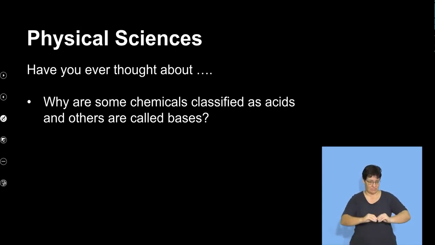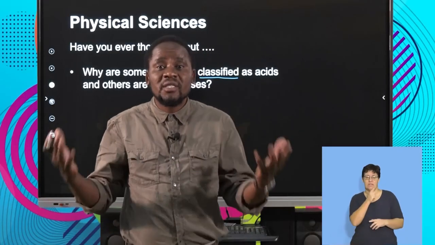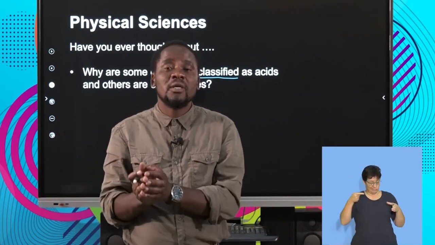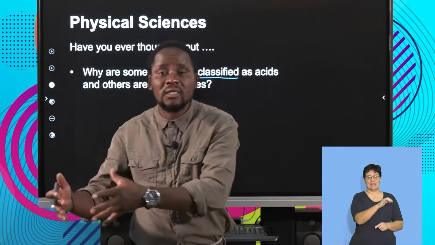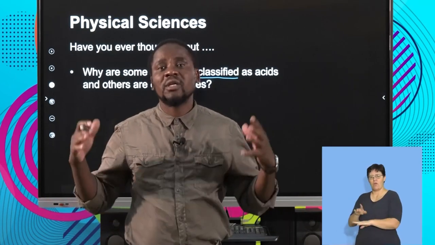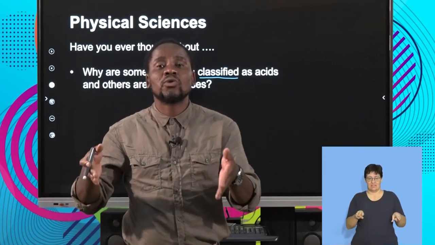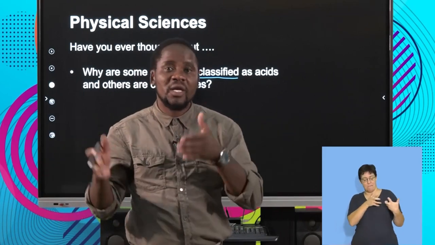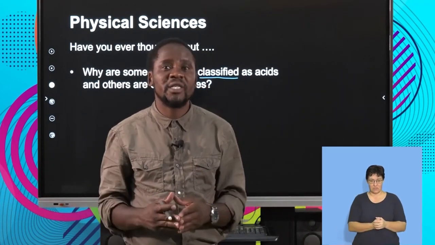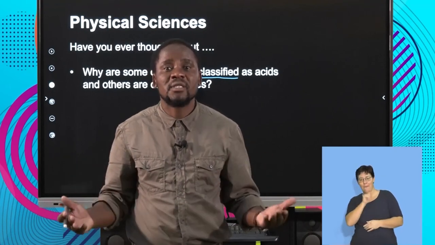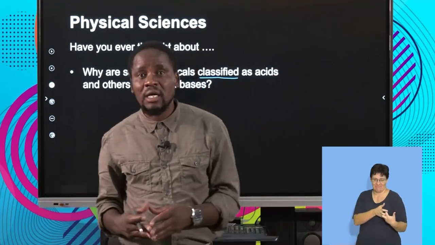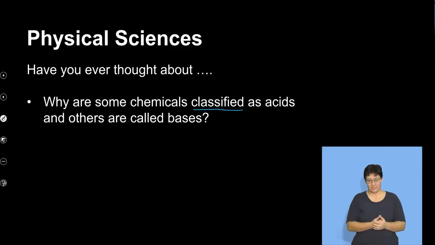Now, the question says, why are some chemicals classified as acids and others are called bases? So that big question is to say, what makes us say a particular group of substances can be referred to as acids while others are referred to as bases? Actually, that has a lot to do with the properties, because based on the properties, we want to explore that and see how best we can classify those two. So by the end of this segment, we need to be able to say why certain substances are acids while others are bases. Right. Okay, so that's the thought for today.